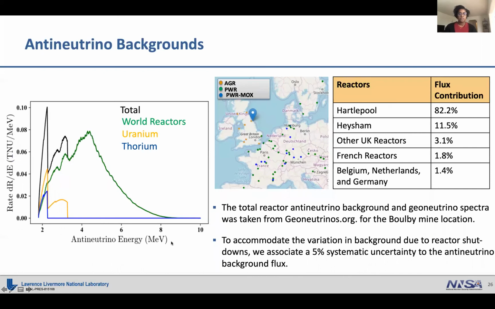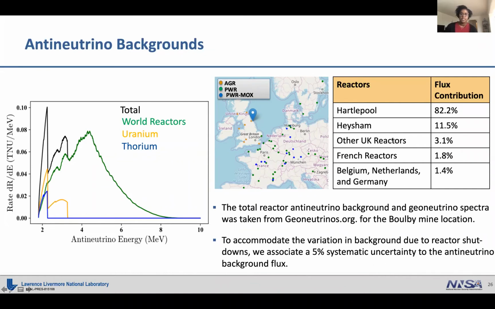Okay, and so to do this, we first have to understand all of our signals and our backgrounds. And one problem that we have, because we're an antineutrino detector, is that we see antineutrino backgrounds. And this is actually going to be our single largest background within our detector. I mentioned that we're 25 kilometers away from the Hartlepool reactor. And so 82% of the antineutrinos that we see are going to come from the Hartlepool reactor. However, there's also another nuclear reactor site about 150 kilometers away called the Haysham reactors. And those contribute about 10% of our antineutrino